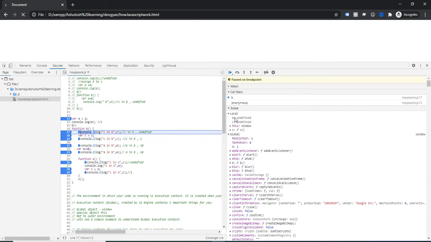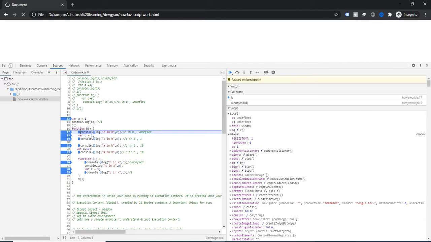If you click here on b, then the local, as you know, functional environment is also known as the local environment. Within the local, the a value is initially set to undefined, because a is found somewhere during parsing. They will find the value of a, that's why it is undefined, and the c value is again undefined. That's why, since execution has still not happened, it is stopped at line number 17. That's why a and c are undefined. And this reference: the local memory can always access its global or its parent, that's why it accesses the window.